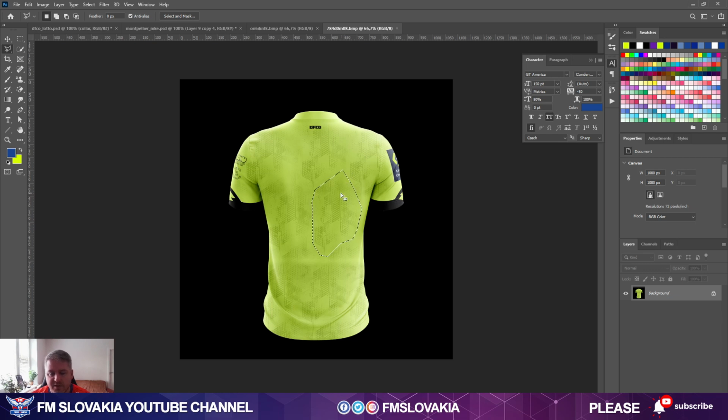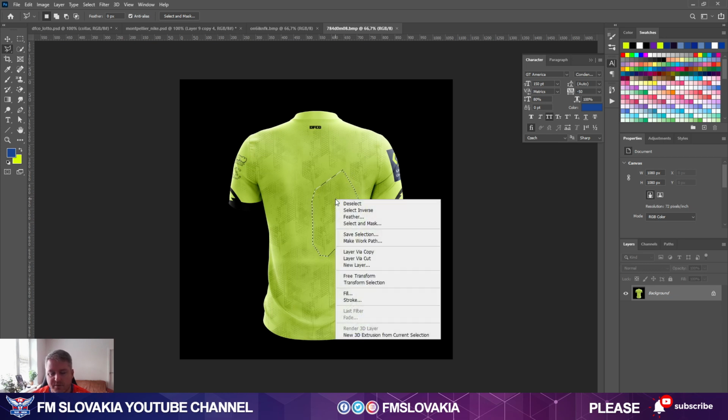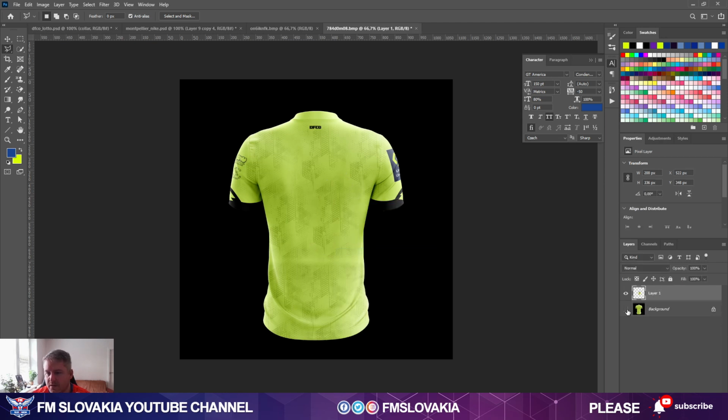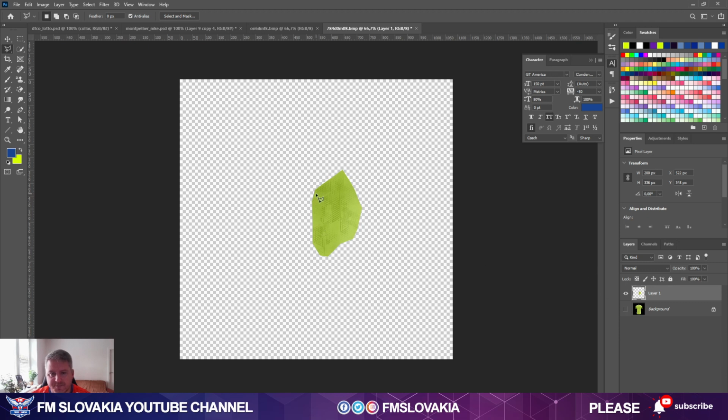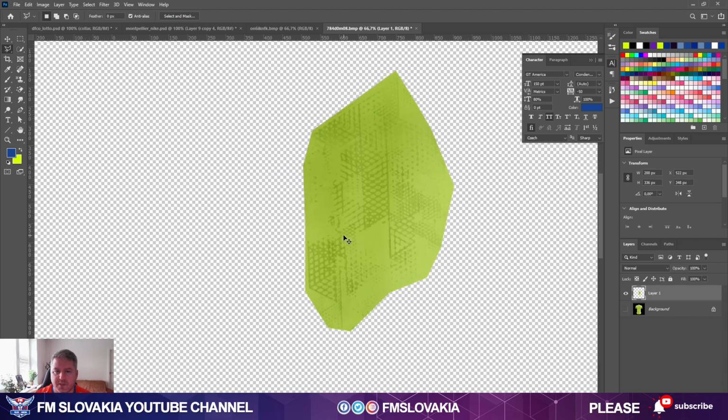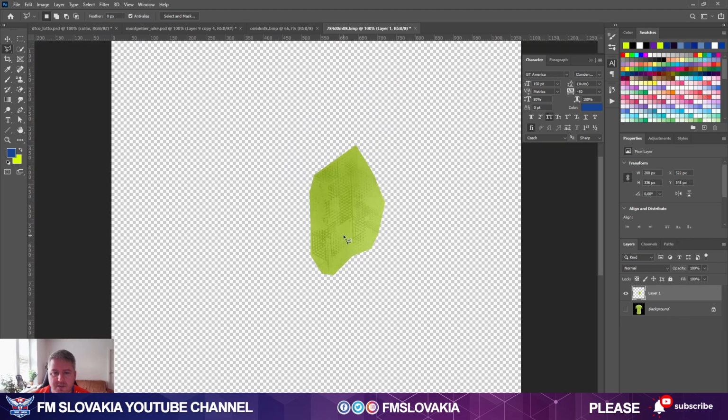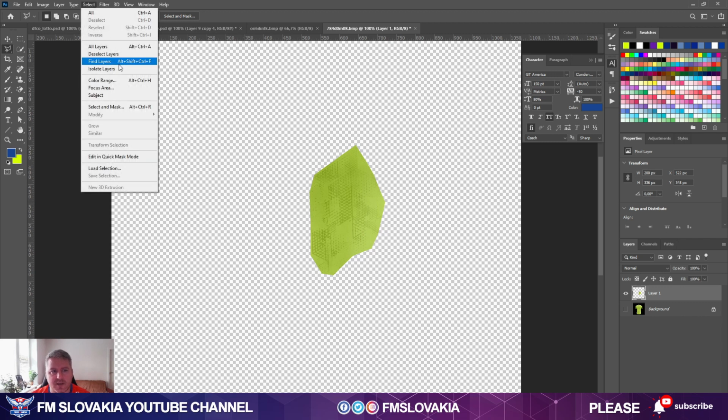Okay, I have my selection. Now right click with the mouse button and layer via copy. I turn off the background and I see a nice selection of the pattern I want to use. Now I need to delete the green part, so I go to select, go to color range,